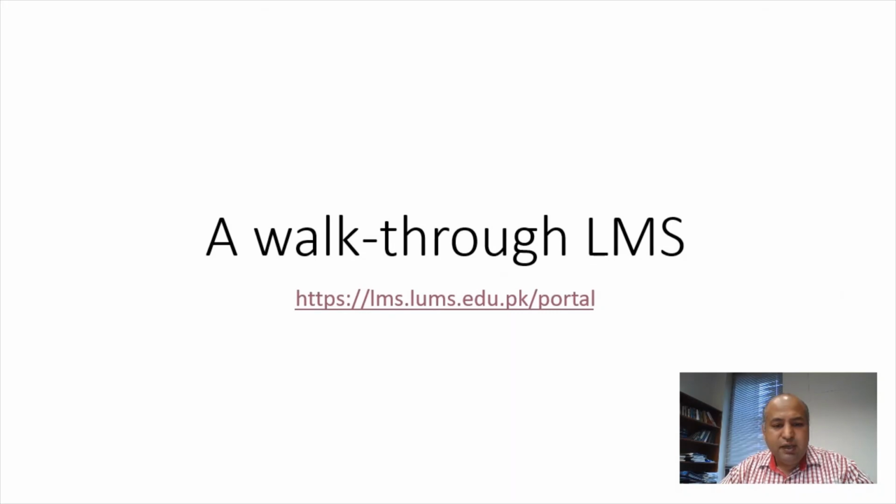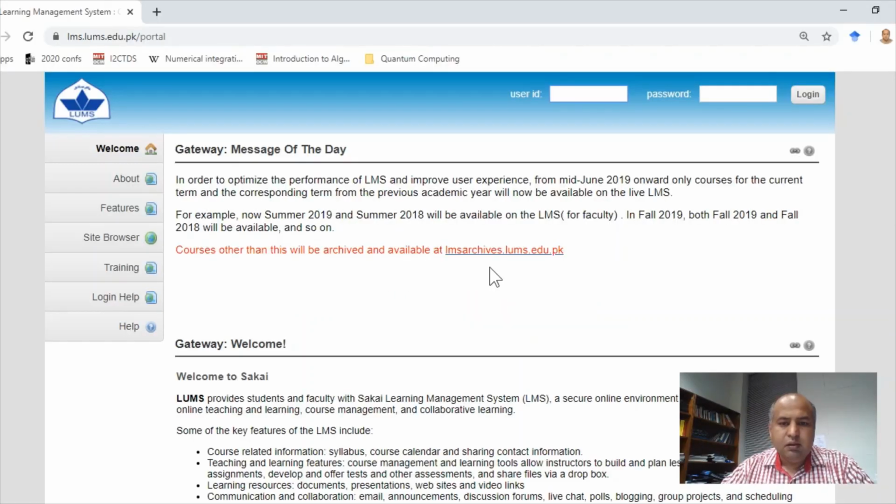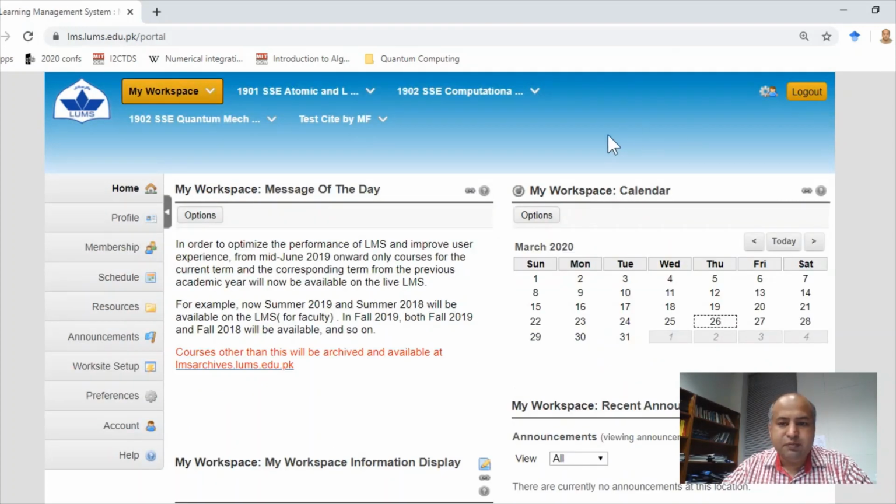Let's now have a walk through LMS, and for this, we can access LMS through this portal. LMS can be accessed through several web browsers. To use LMS, you need a user ID and a password, which is typically the same as for your institutional email account. However, if you have never used LMS before, you might need to get it enabled by an IST